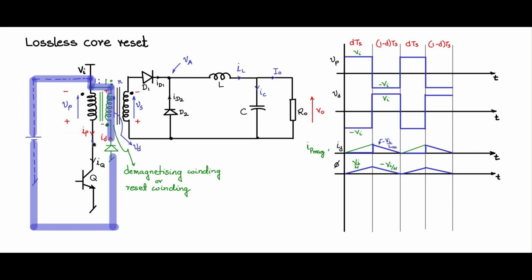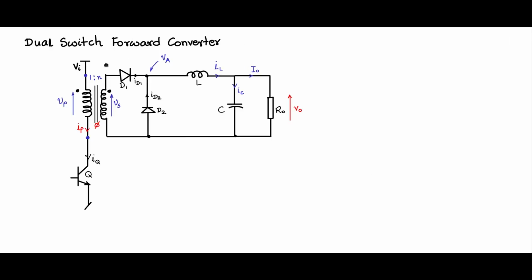But I could also provide you with a quick solution to avoid even the leakage inductance shortly, when I am talking of using a dual switch, or 2 switches, for the forward converter and remove this magnetizing portion. Then we can still get lossless core reset and avoid the leakage inductance issues also. We can do lossless core reset with the dual switch forward converter also.